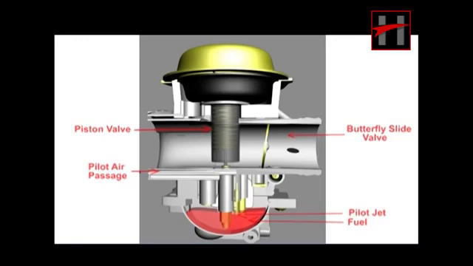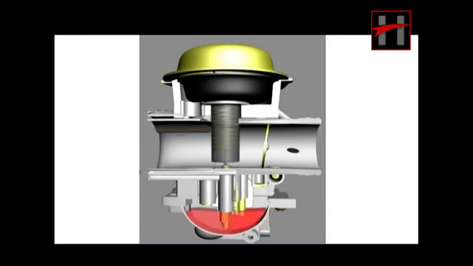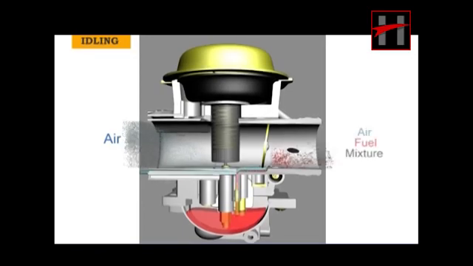You are now seeing how the pilot circuit works when the engine is idling. During idling, the air enters the pilot circuit through the pilot air jet located in the pilot air passage, and the fuel is fed to the mixing chamber through the pilot jet. From the mixing chamber, the air-fuel mixture is sucked into the engine mainly through the pilot outlet and supplemented by the bypass ports also.